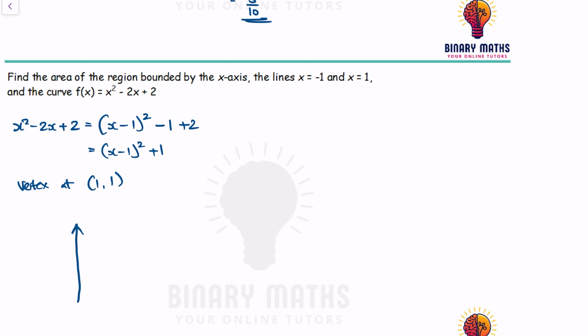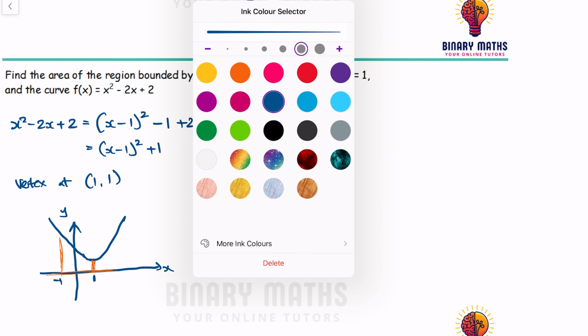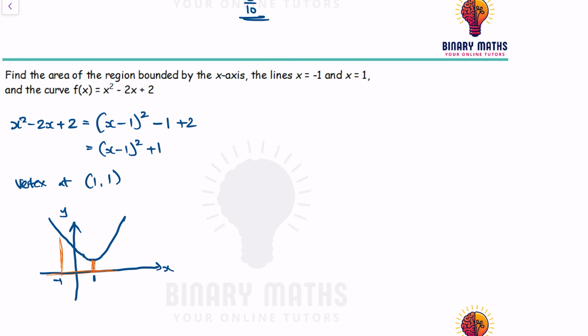So it looks like so. It's a parabola with a vertex at 1, 1. Okay, so you're trying to find the area of the region bounded by the x-axis, x equals 1, x equals minus 1, and the curve here. So it looks like we're finding this area, which means we need to integrate between 1 and minus 1, x squared minus 2x plus 2